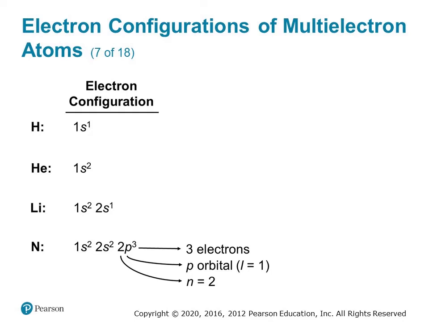The first 2 can go in the 1s orbital, then the next 2 in the 2s orbital. We still have 3 more to go, and the next orbital after 2s is 2p. Now remember that the 2p subshell, or any p subshell really, contains 3 separate orbitals. If each of these 3 orbitals can hold 2 electrons, that means that we can fit up to 6 electrons